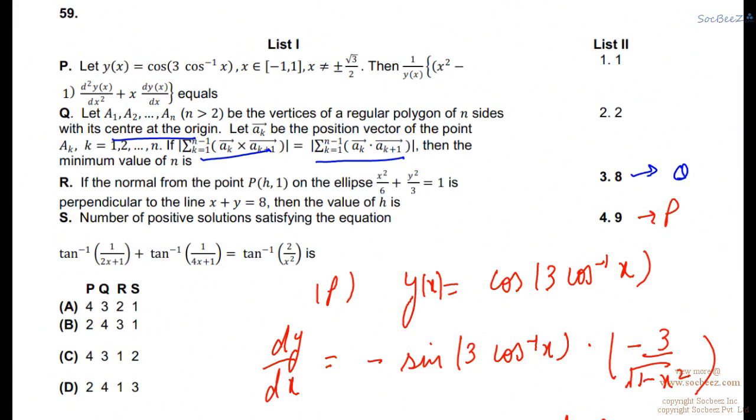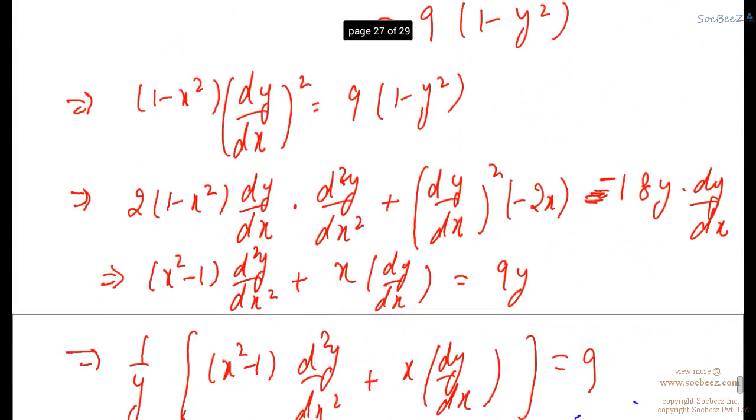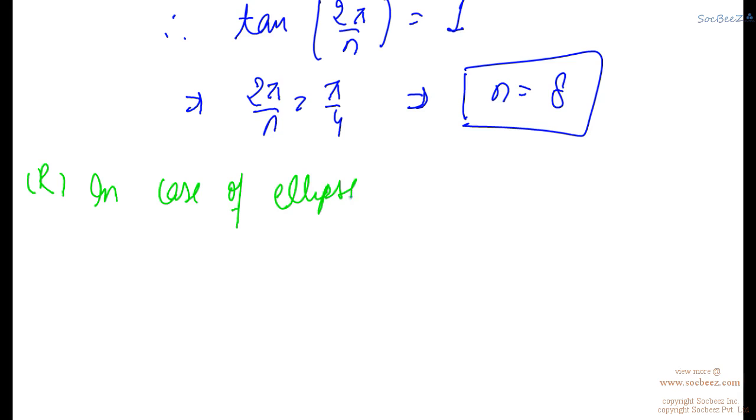Now R is asking us that if the normal form of point P (h, 1) on the ellipse x square upon 6 plus y square upon 3 equals 1 is perpendicular to the line x plus y equals 8, then the value of h is. Now in case of the given ellipse, this is R. Now in case of ellipse, equation of normal is